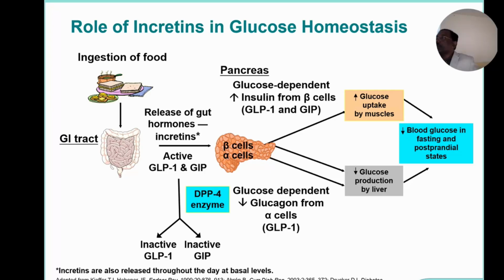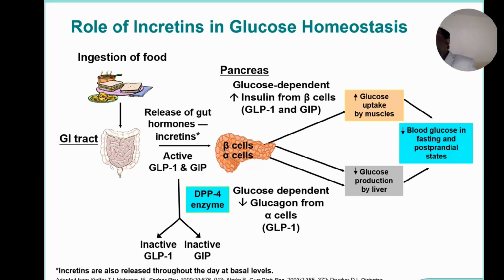This is incretins. See, first one is where? Bread and omelette, bread and jam. So that means immediately on seeing the food, your salivation will occur, and immediately after salivation that gives signals to the intestines. See, food, saliva, straight away to intestines. What do you have? You have incretin hormones. What are they? GLP-1 and GIP. So release of the gut hormones. They are the incretins. So they activate GLP-1 and GIP.